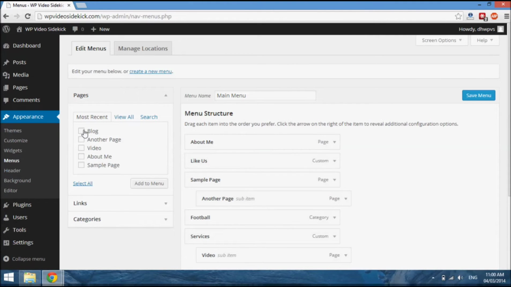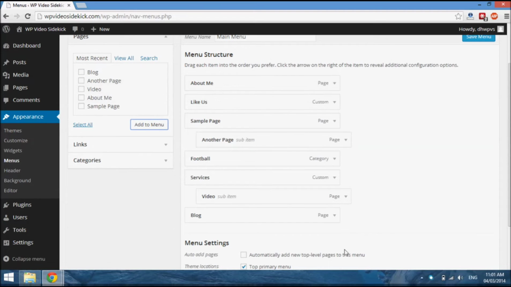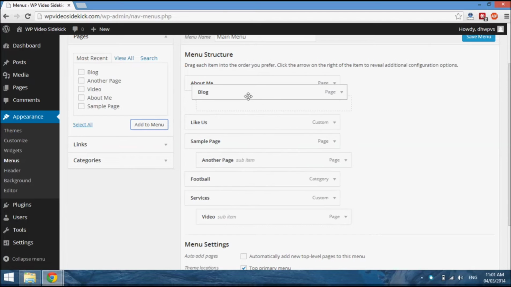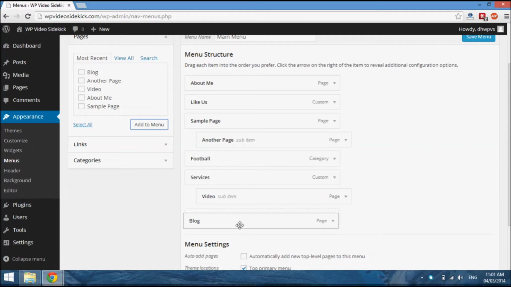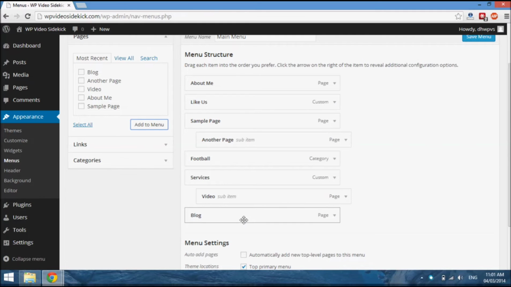So for that page that says blog to show up, we'd have to add it to our menu. So just like add to menu, and we can of course drag this page to wherever we want it in the order, and I'm just going to leave it at the end for now. And if we save the menu